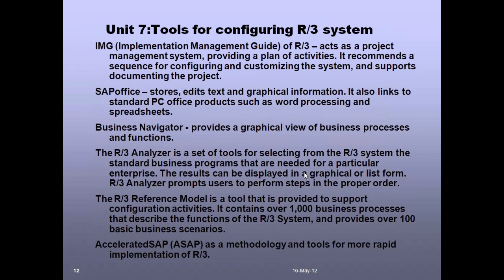Then there is something called SAP Office, which basically stores and edits the various documents which we use for maintaining information for a project. So this is something like a project management tool. Okay, so it contains all the information. Then there is something called Business Navigator, which provides graphical views of the various business processes, like process flow diagrams. Then there is something called R3 Analyzer, which is again a tool which the developers use,